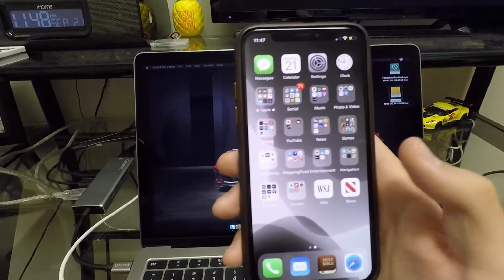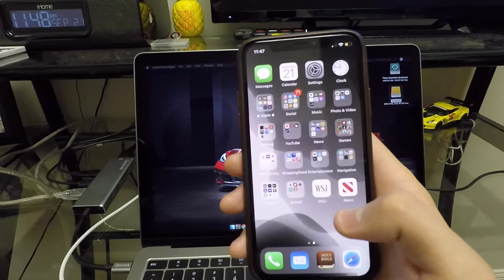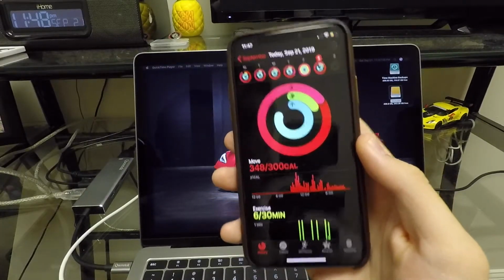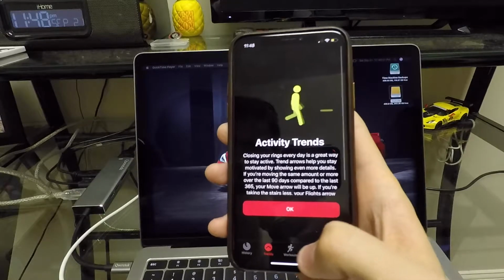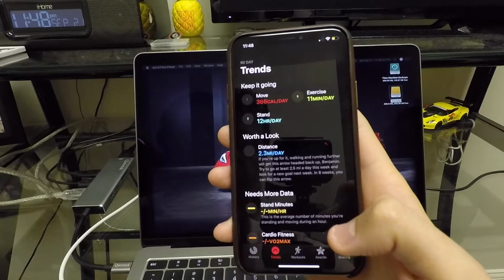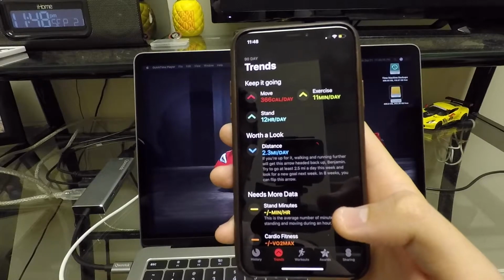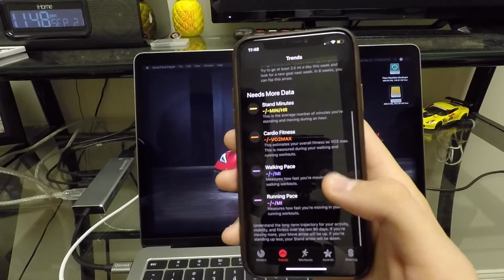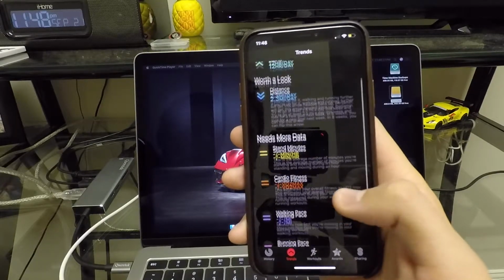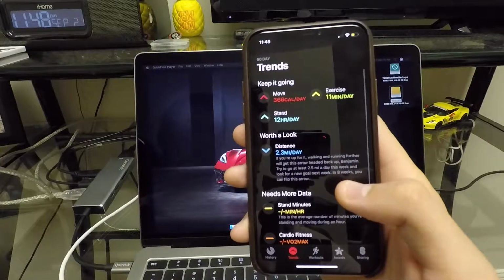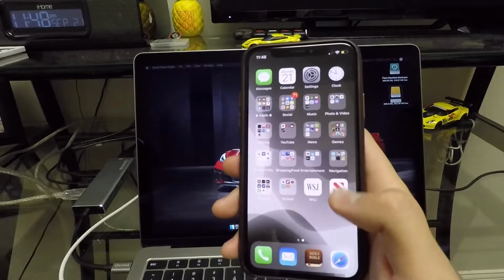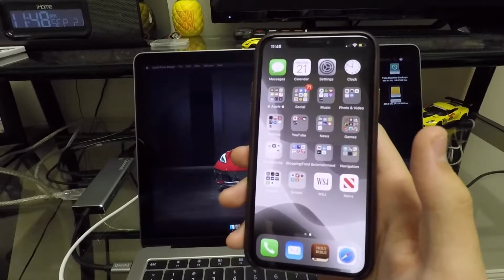So something that I don't have on my phone is the Home app, and that has also been redesigned. In your Activity app, you now have a new Trends button down here at the bottom. So this basically just shows you how you are doing throughout the day and recommends stuff that you could do better. And last but not least, 3D Touch is dead,